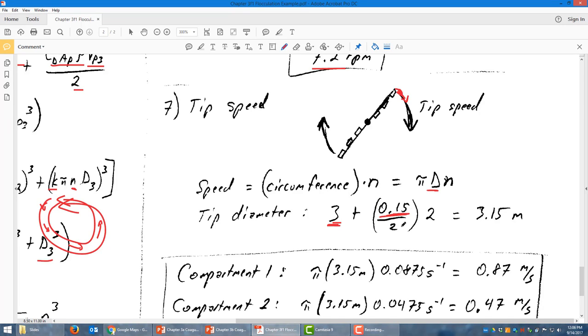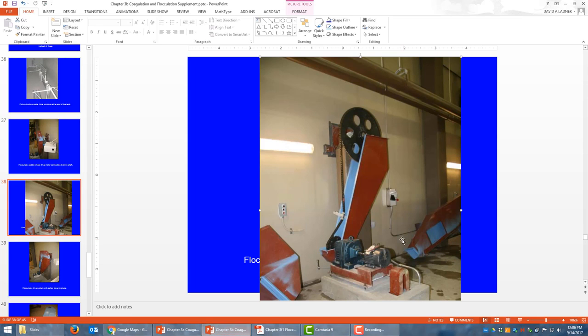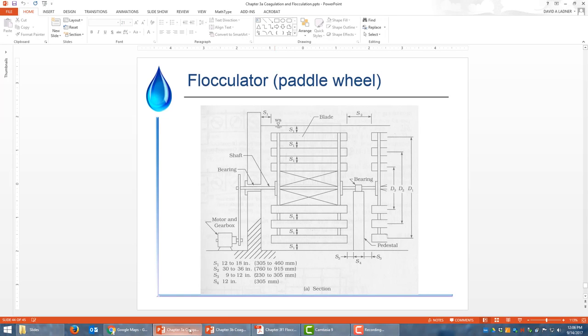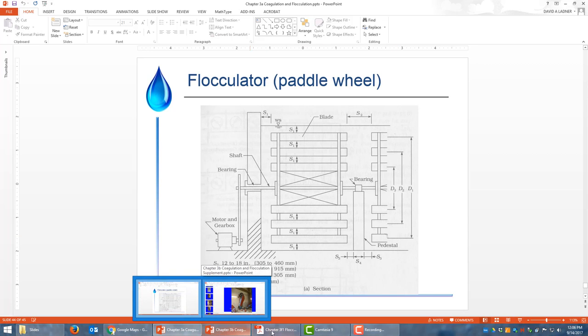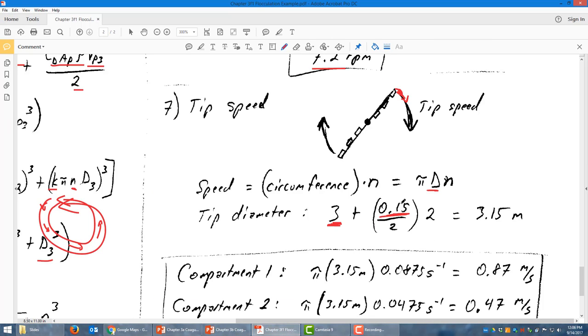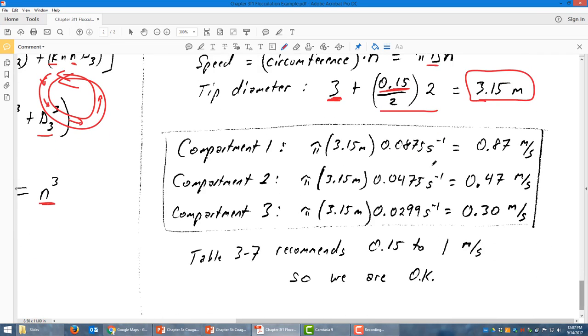So we add that to the 3, and we have to multiply it times 2 because the total diameter is half the paddle plus the other half of the paddle. So I guess we could have done d1 times 1 paddle width, but this might help us see why we're doing it that way. And that total diameter is 3.15 meters,